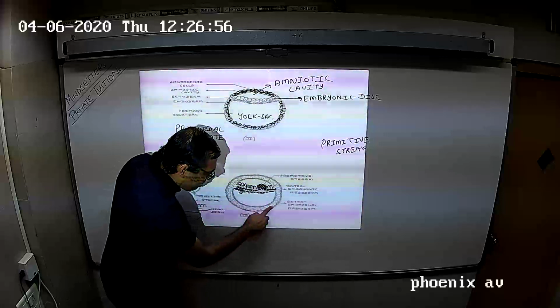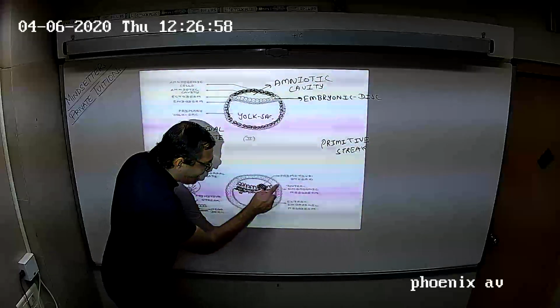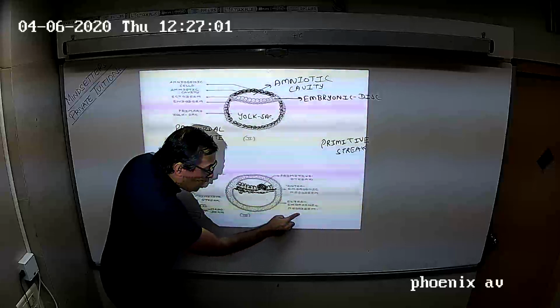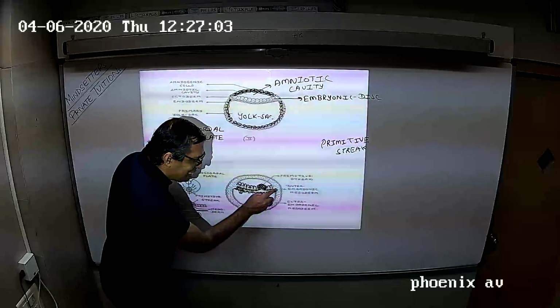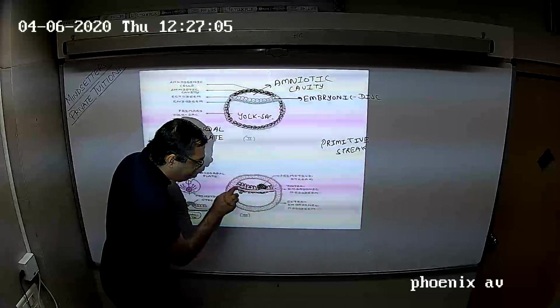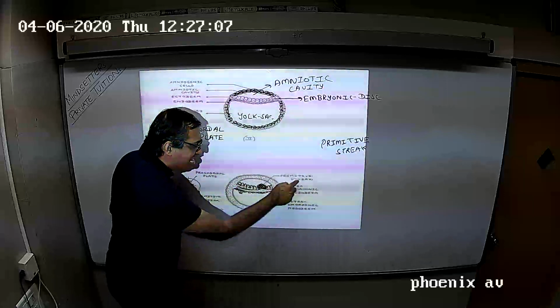What was this mesoderm called as? Extraembryonic mesoderm. What is this mesoderm which develops from primitive streak called as